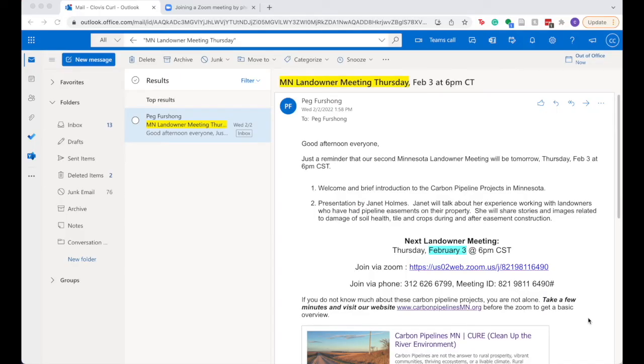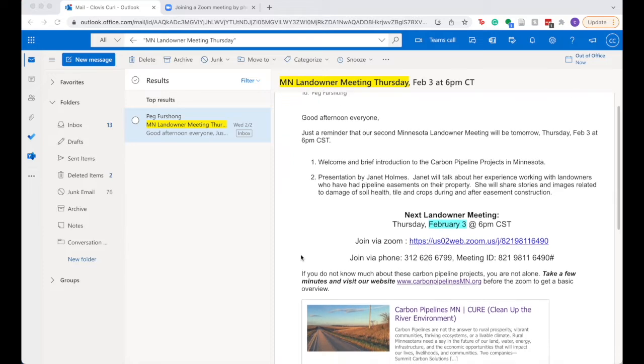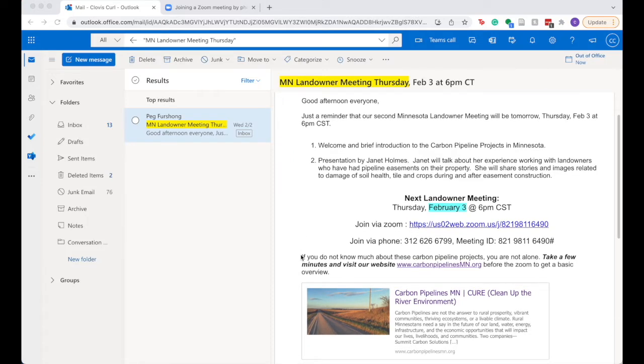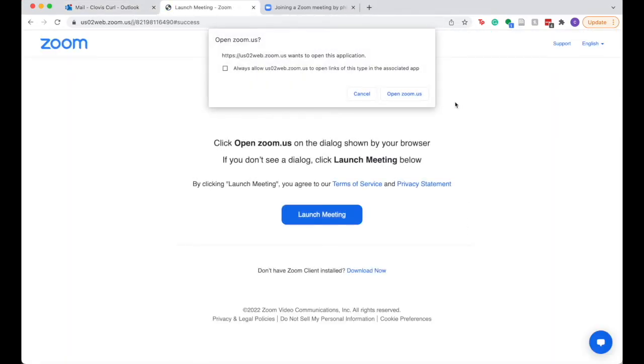To join a Zoom meeting, you want to begin by pulling up the Zoom meeting invitation. So here we have the Minnesota landowner meeting, which was scheduled for Thursday, February 3rd at 6 p.m. And you can scroll down to the link. This is the easiest way to join Zoom meeting, just by clicking on this Zoom link, and it'll prompt you to open the Zoom app. I'm going to click